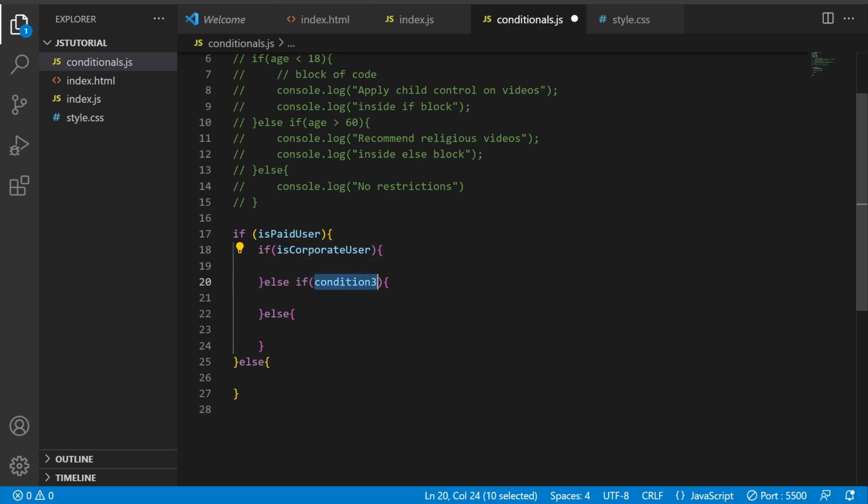Else it will check condition 3, like if the user is a community user, if they have given some special discount to some community. Then it will be is community user, else it will be a personal user. First, if they are paid users, then inside that paid user they will have different types also: corporate user, community user and personal user. So they can check it using this nested if else.